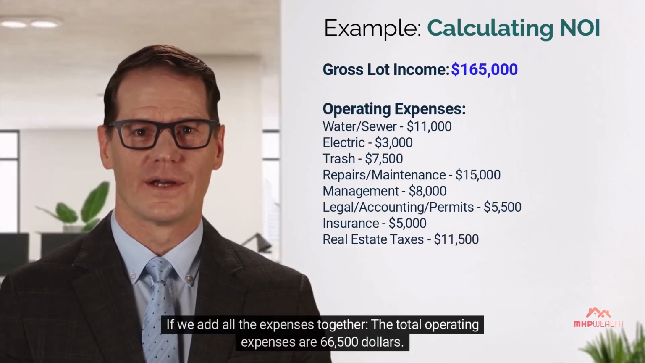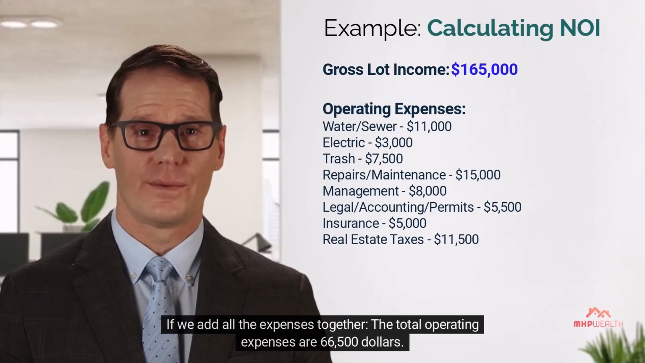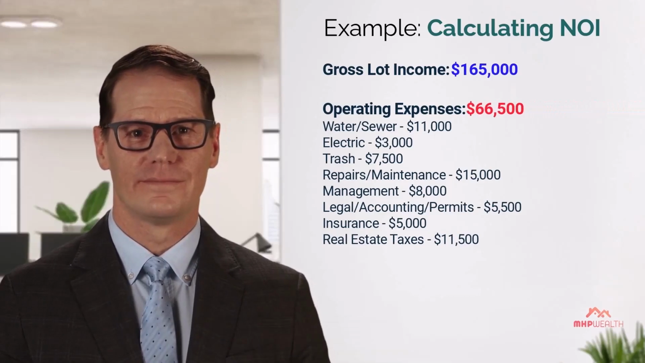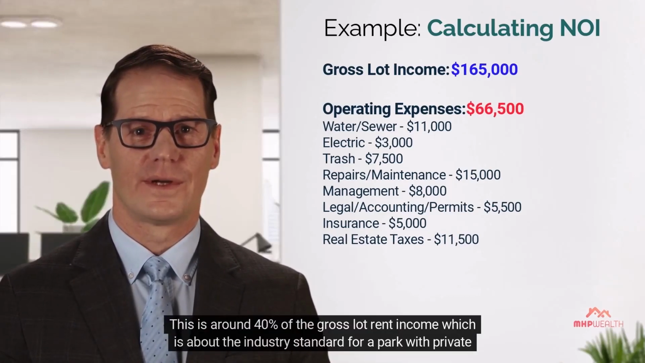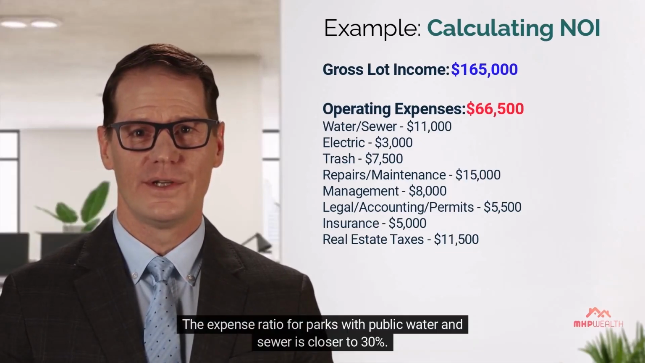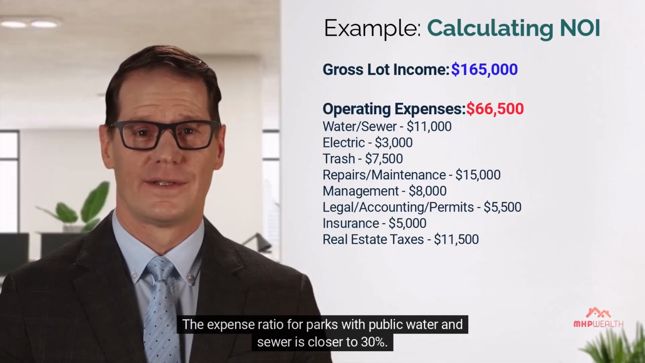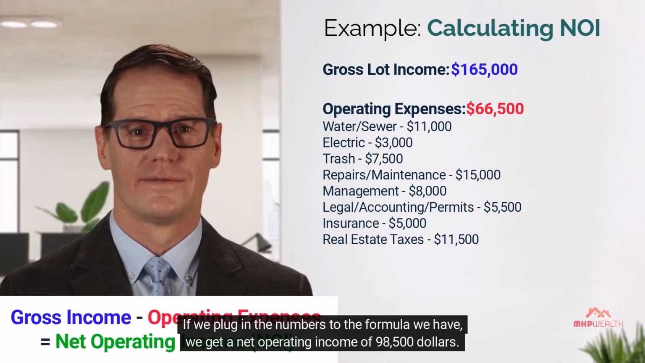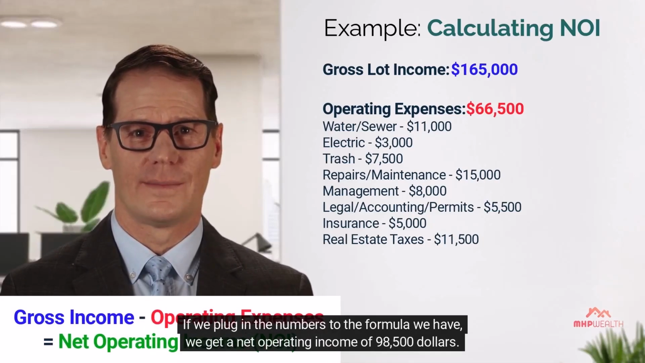If we add all the expenses together, the total operating expenses are $66,500. This is around 40% of the gross lot rent income, which is about the industry standard for a park with private utilities. The expense ratio for parks with public water and sewer is closer to 30%. If we plug in the numbers to the formula we have, we get a net operating income of